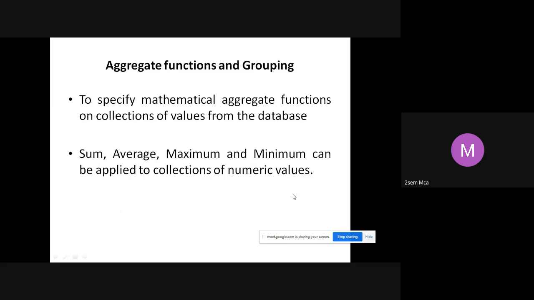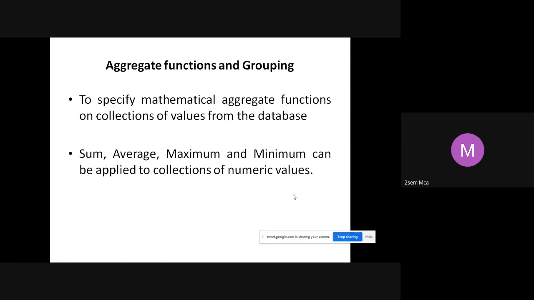So last class, let me give you a quick recap of what we were doing. Last class, we discussed two important operations, join and division, right? We saw what is a join, how do you represent a join, what is the symbol used in relational algebra. Then we saw the syntax.